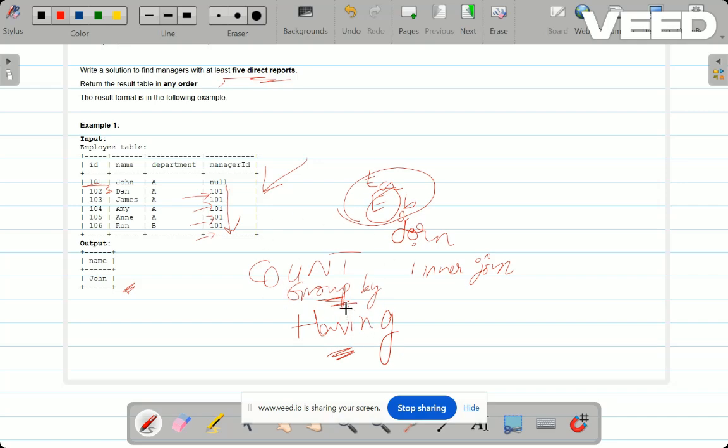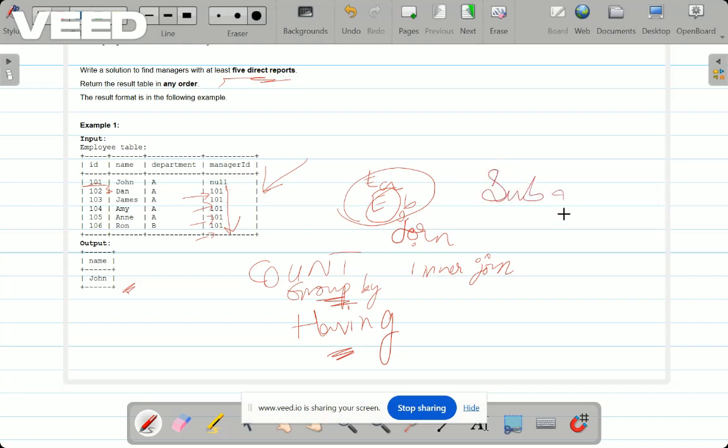Okay, and then this is the scenario. We can also achieve the same thing without a join, that is by using subqueries. Subqueries can be used without using joins. Let's see how many possible ways we can solve this particular problem. As you understood, we are referring to the same table, so for that purpose we are going to use a join or inner join.